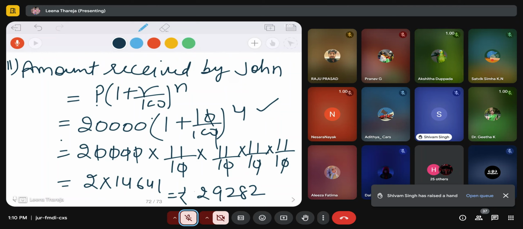Now question number 18 and 19. 19th question, last year you have done the difference between compound and simple interest question-based. I don't remember, ma'am. Yeah, 18th is a simple question, but make sure that you are using the correct formula because they are saying simple interest on a certain sum of money at 10% per annum is 6,000.